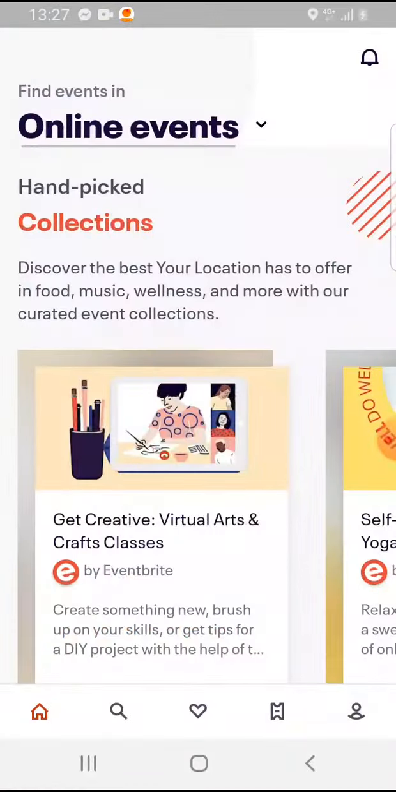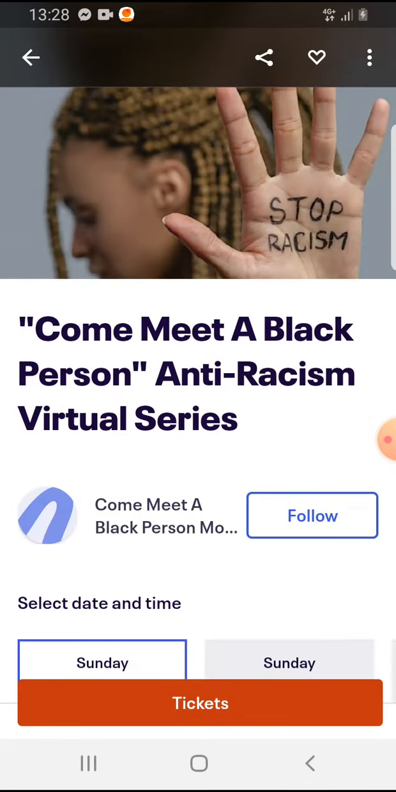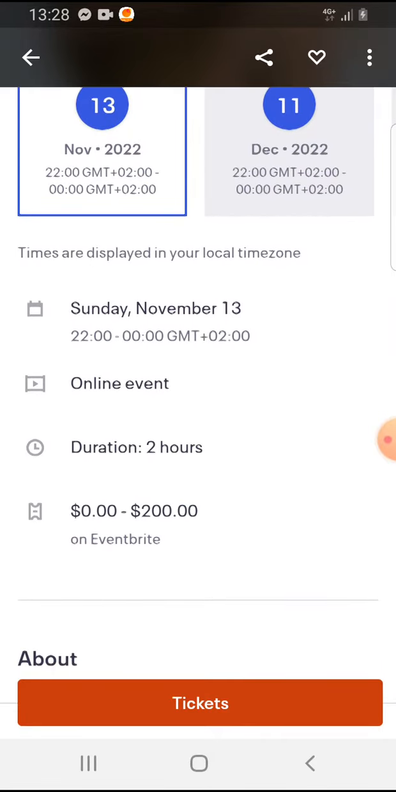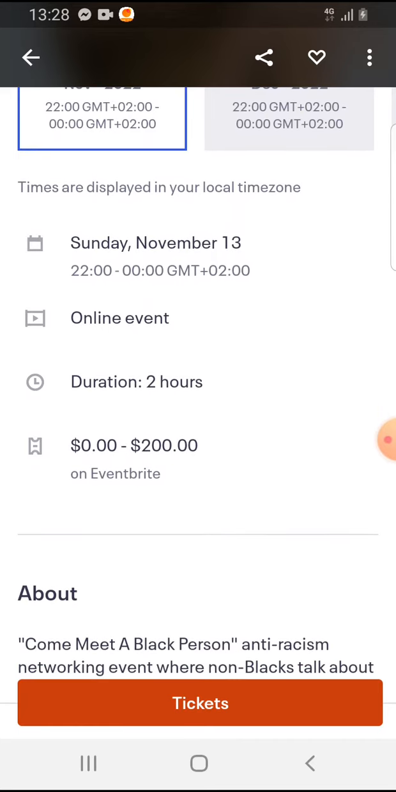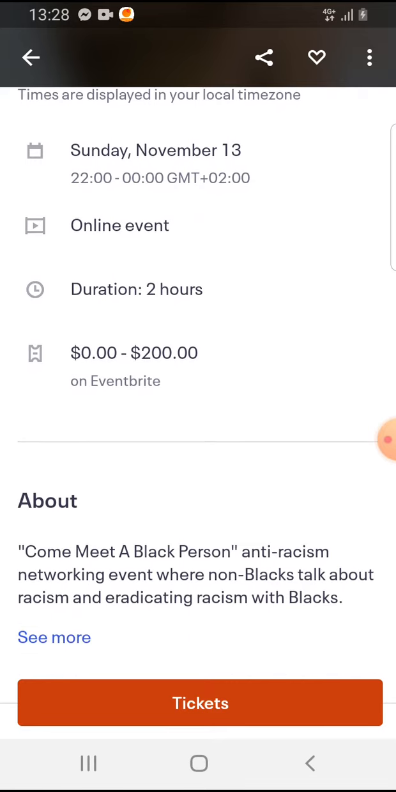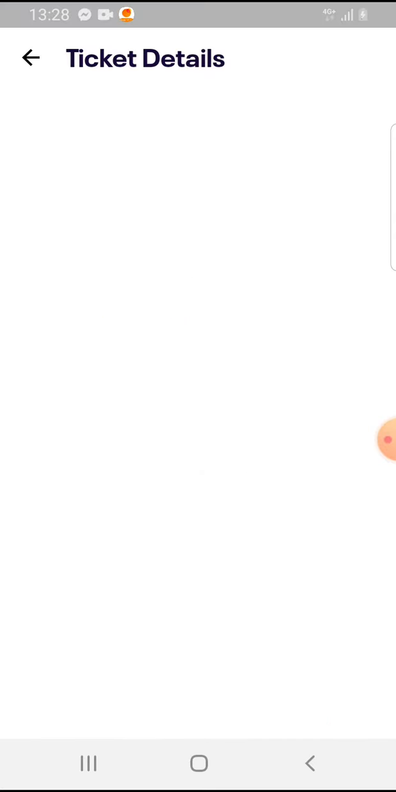Open the Eventbrite app. On the bottom, on the second icon, if you tap on it, you can find some events, and if you would like to buy a ticket, just tap on the event which one you would like to go to. Here you can see it will be on Sunday, November 13, the date, the hour, the duration, and here you can see the price. It's between $0 and $200. If you tap on the tickets on the bottom,